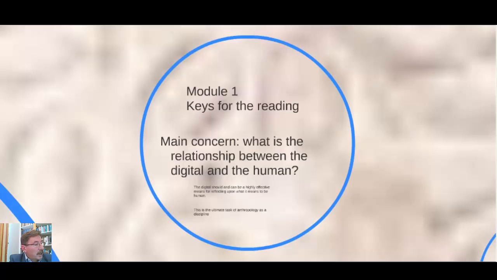The book is actually a compilation of different authors and works. It was compiled and edited by Heather Horst and Daniel Miller, but you have a number of different authors exploring different aspects of the digital life that we live in.